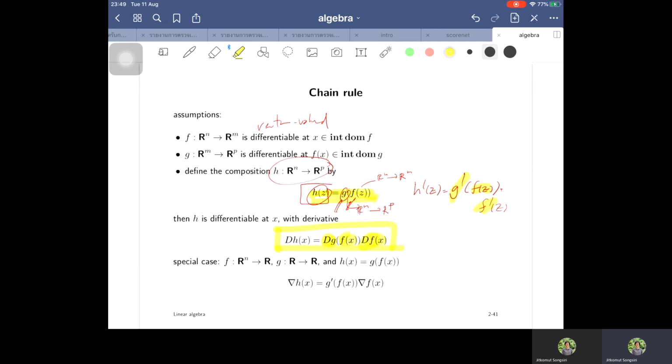Now we talk about a special case of applying the chain rule. If g is very simple, a scalar-valued function of one variable, it means that the Jacobian of g becomes g prime, just a scalar. If f is Rn to R, now in this case,